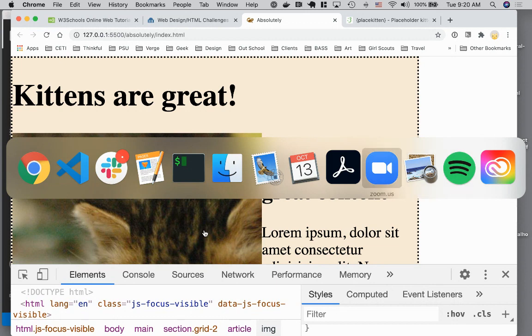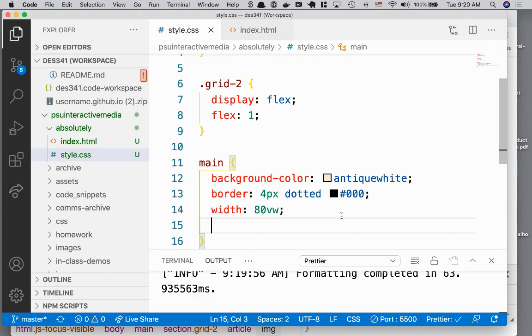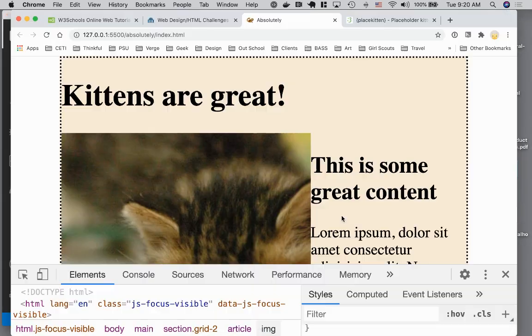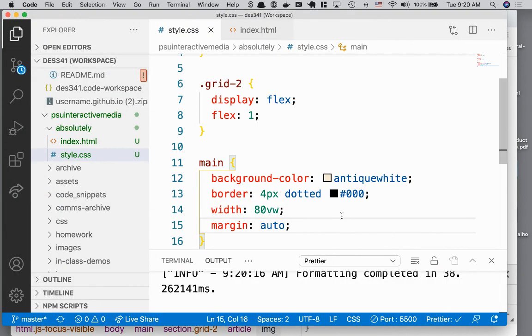The trick to automating things is to say margin auto. And that will automatically center it. It'll say, oh, okay, I'll figure out the margin on either side. Okay, so